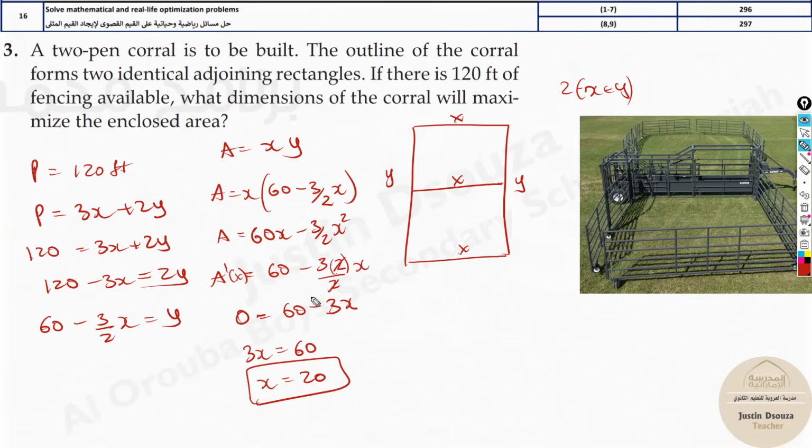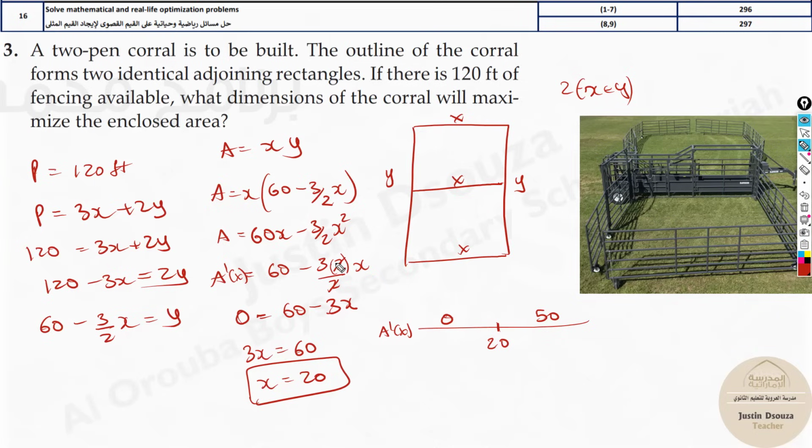We need to maximize the area. So let's do the number line. Here it is 20. Oh, by the way, x must be greater than 0 no matter what. Otherwise, this would not make sense because it must be a positive number. There is no interval given, so we'll just take the derived one, this one. Now whatever the value you get, you put in the derived equation. So all you're going to do over here is take a value. I will just take 0 because it's not undefined anyway, right? So I will just take 0, less than 20, and more than 20, I'll just take 50. It'll be easier. And now what you do is